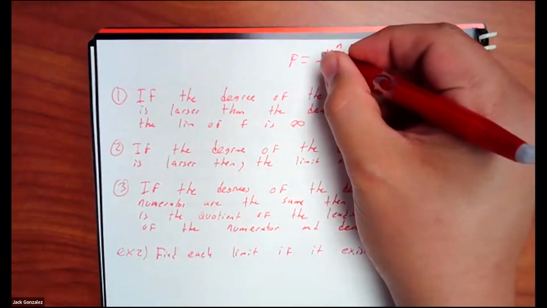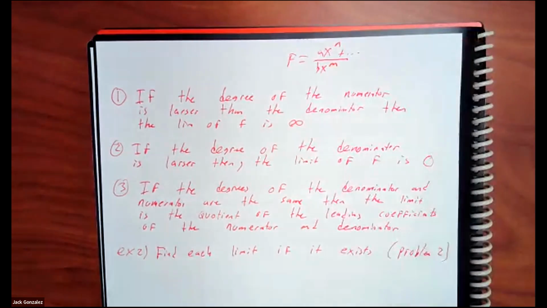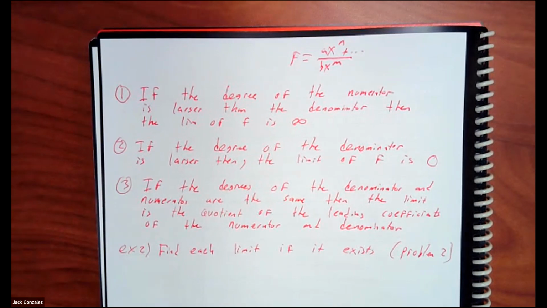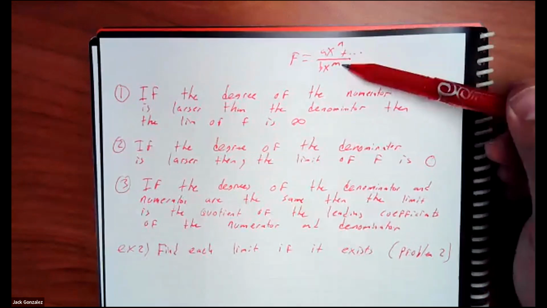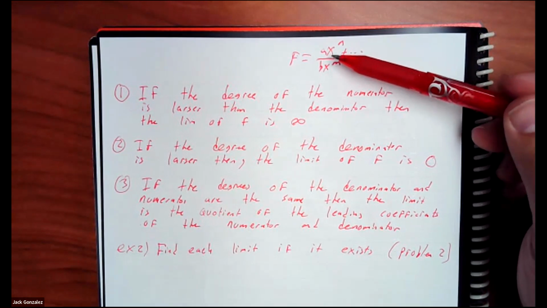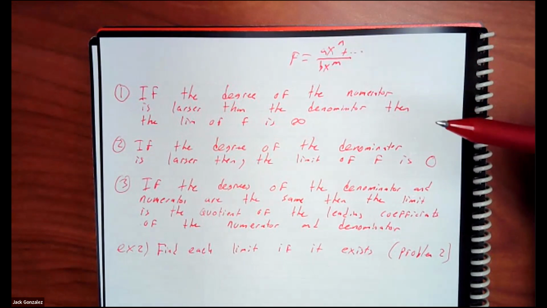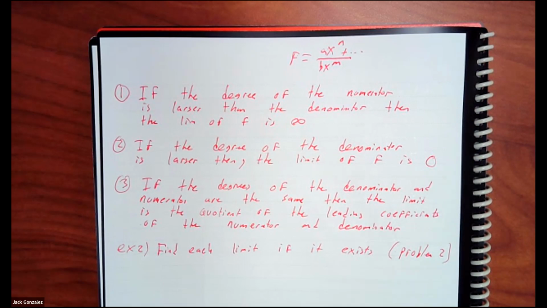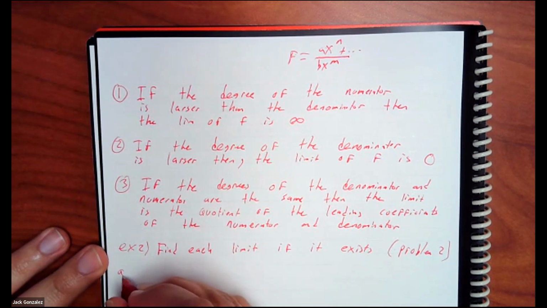Let's put an a and b here. So if, let's say n and m are the same, then the limit would be a divided by b. That's what the leading coefficient means. And we'll do an example for each one in just a second. Promise. All right, so let's do one where